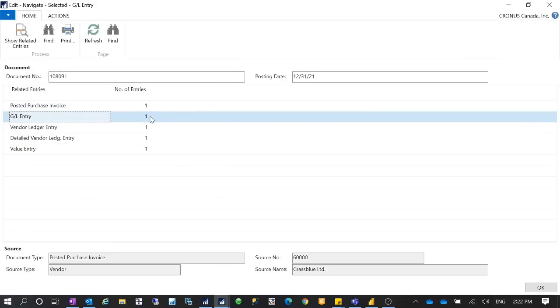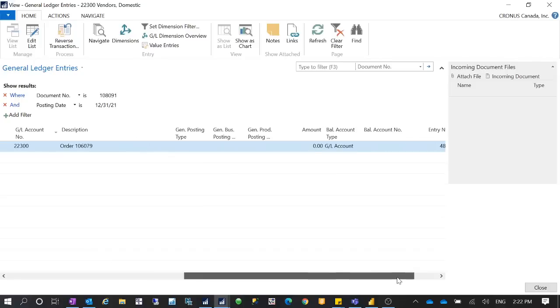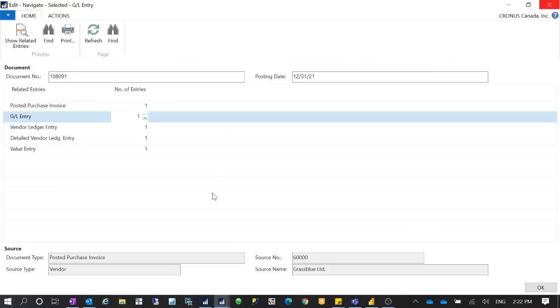You see only 1 GL entry, and this GL entry is posted to this. This is my account. Sorry, it's an account payable. It's not account receivable. This account is my account payable GL account. Okay, and I only have 1 GL entry created, but with a $0 value, and it got posted to my account payable GL account. You don't see any GL entry for the purchase account, direct cost applied account,